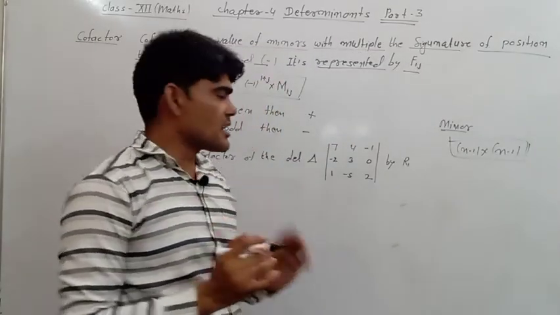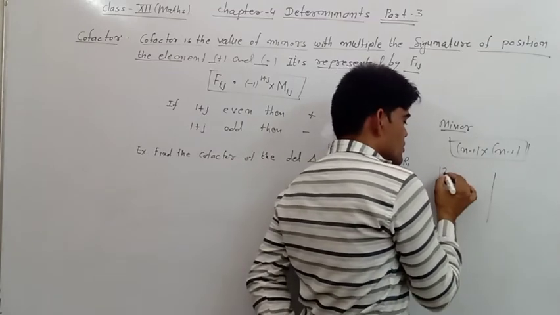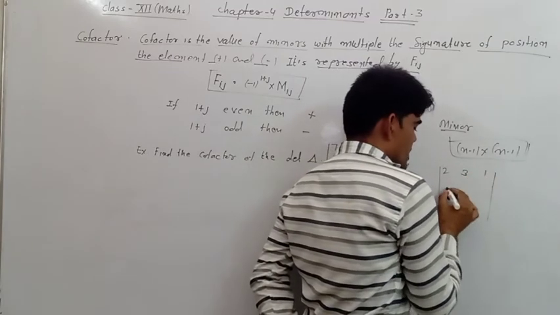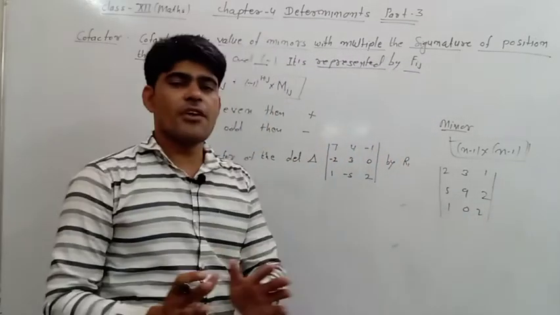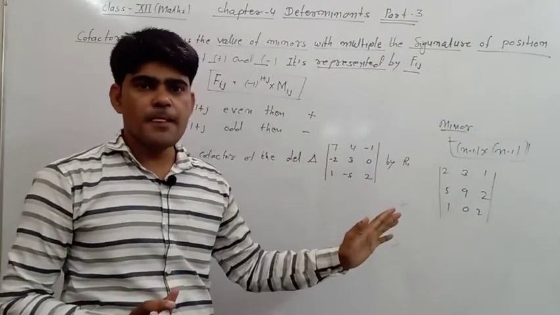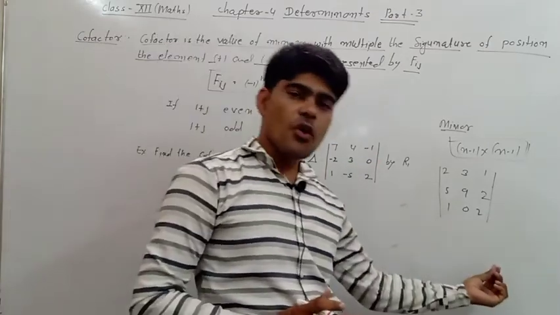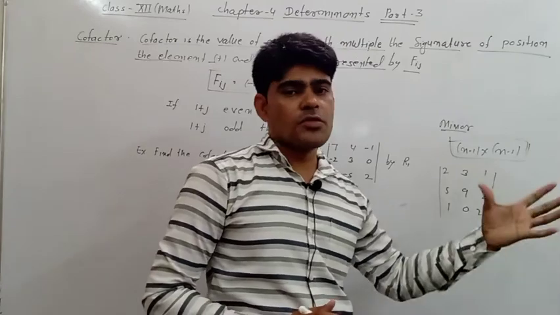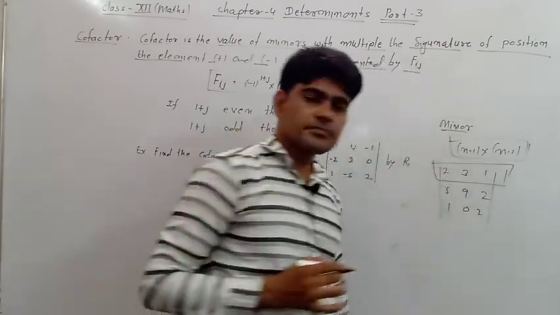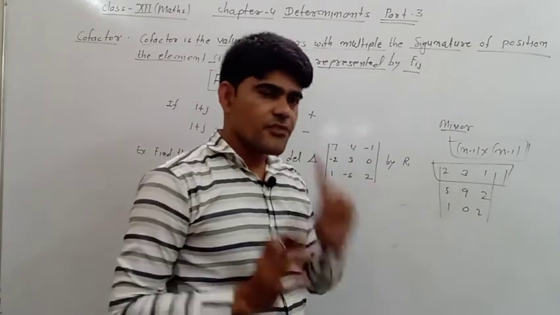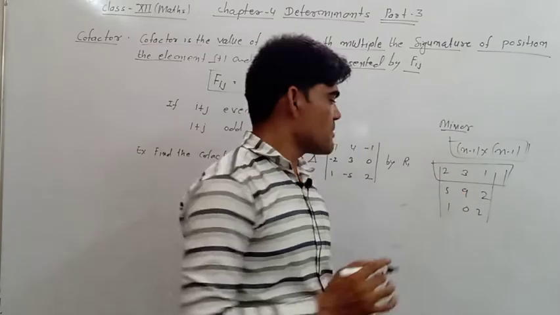Suppose we are given a determinant 2, 3, 1, 5, 9, 2, 1, 0, 2. First we find its minor. It means a subdeterminant by using any row and any column. Suppose we find the minor by using the first row R1. First we find the minor with respect to element 2. Its minor is